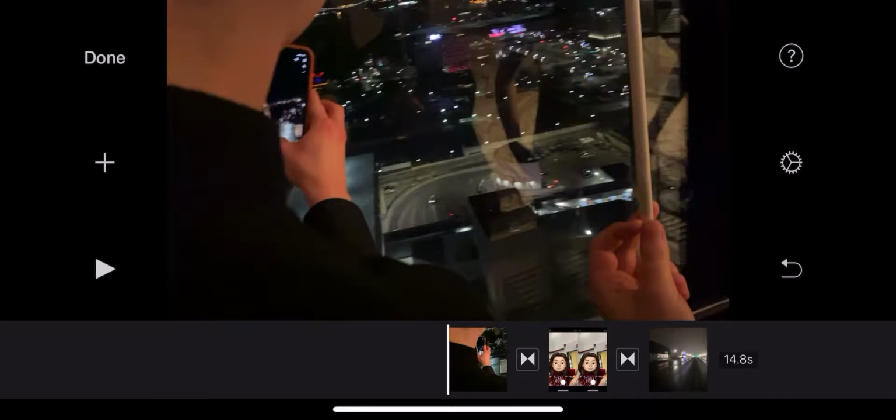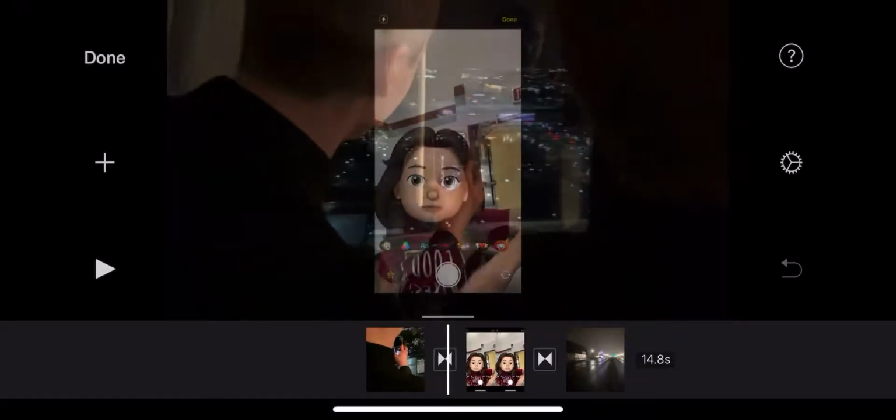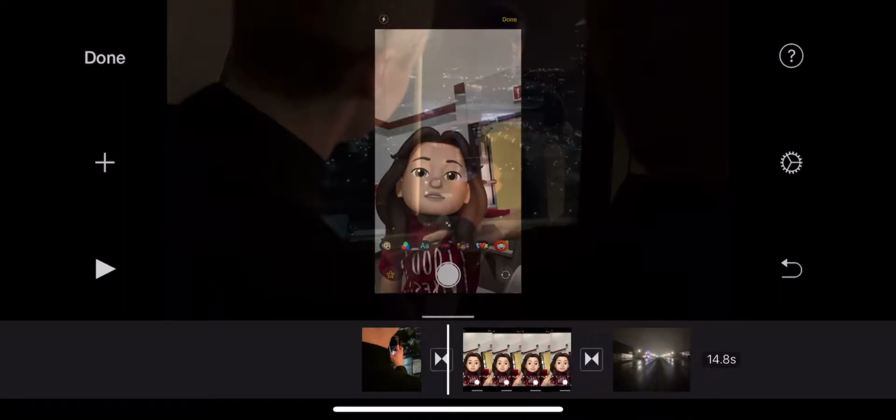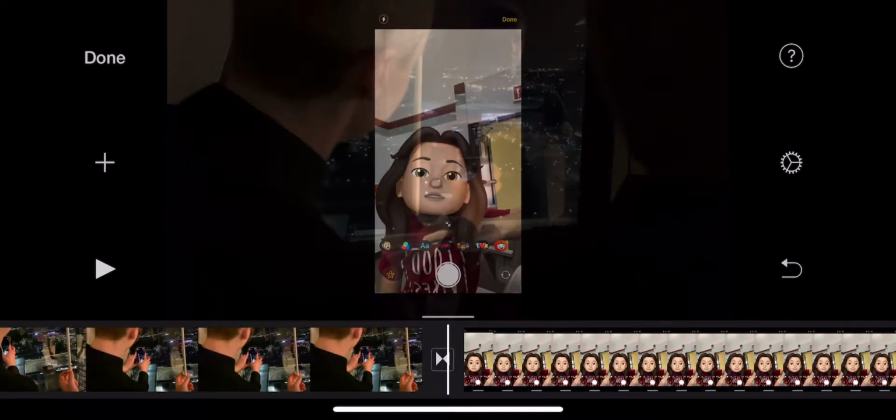So yeah, that's basically the basics of not editing, but just getting your way around iMovie. Other than that, let's actually get to the editing. So one thing you're going to want to do when you edit is that you want to be as precise as possible. So it's best if you